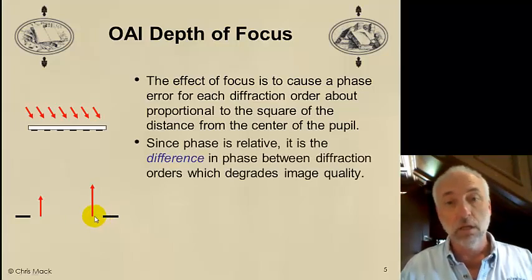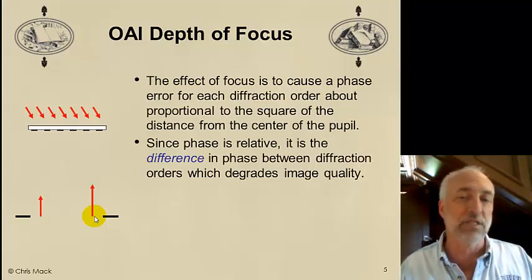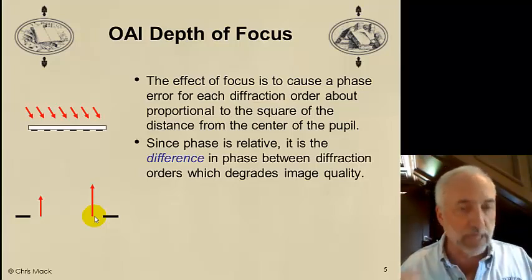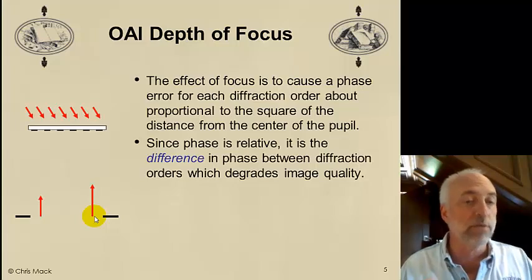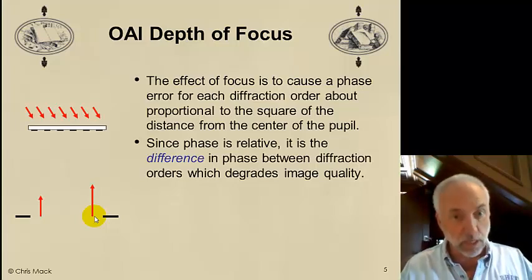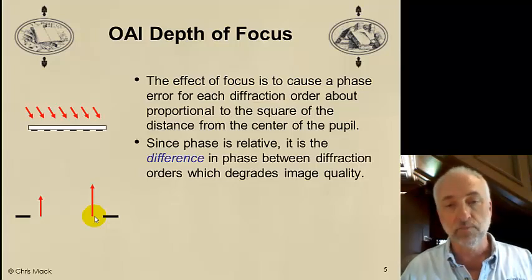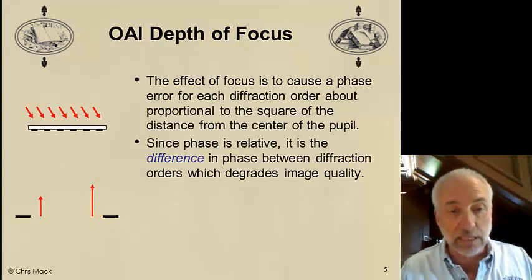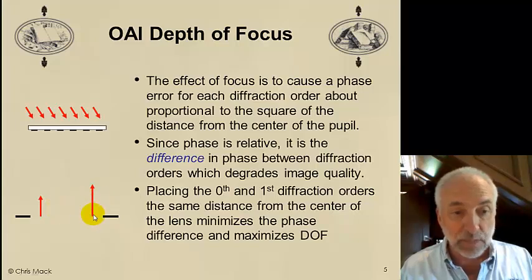Now, phase is relative. The only thing that matters with phase is the difference in the phase between two beams of light that are going to combine and interfere together to form an image. Here we're going to combine light coming from these two diffracted orders, interfering to create our image of lines and spaces. But it's only the difference between the phase of this order and the phase of this order that matters. Since